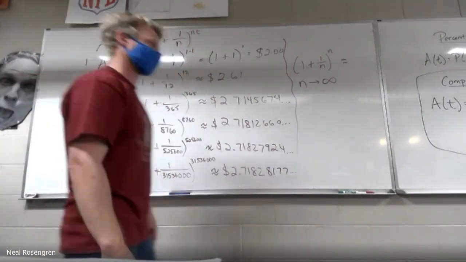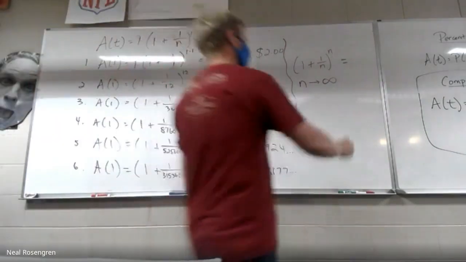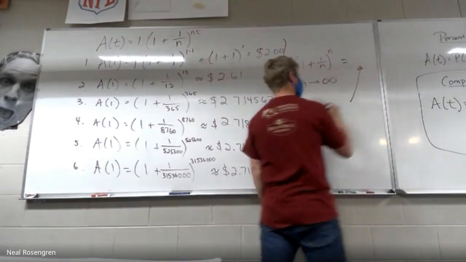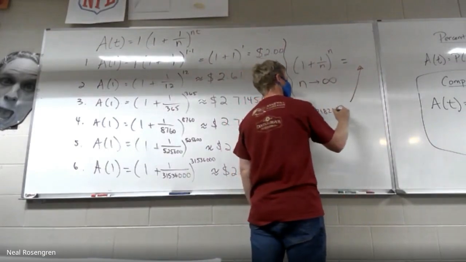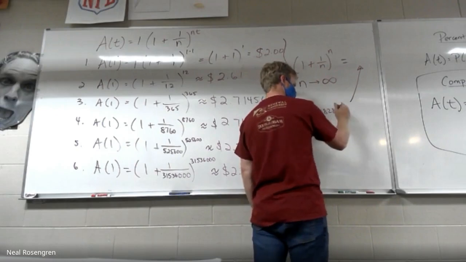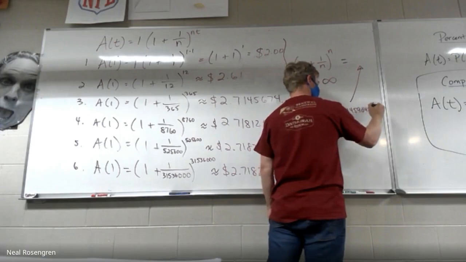Kind of bounce all over the place, like pi and square root of 3 and stuff like that, right? So there's a number that we're actually getting close to. It's just a number you've never heard of, okay? Now, this number that I'm about to write right here is approximately 2.71828, 1828, 45, 90, 45, blah, blah, blah.